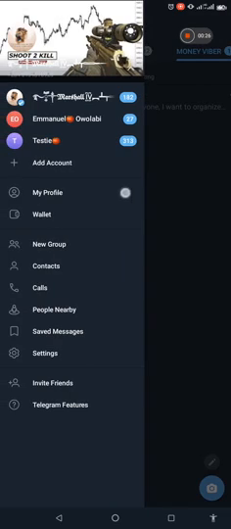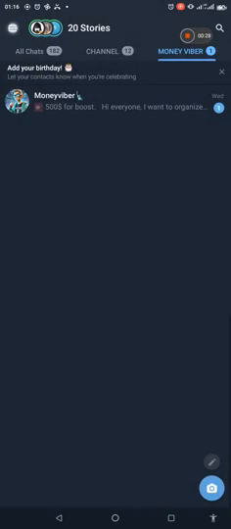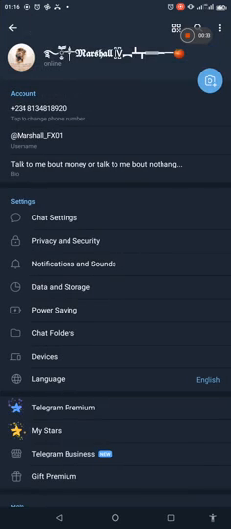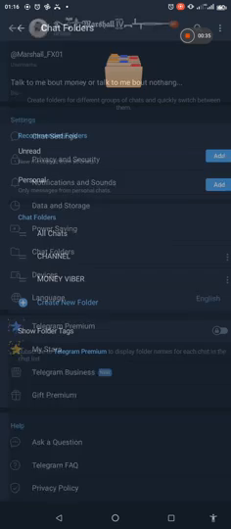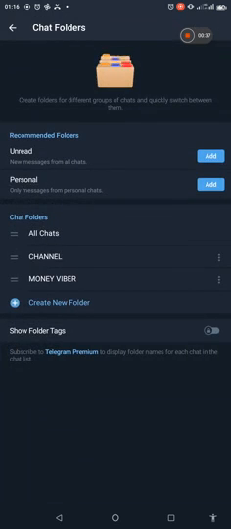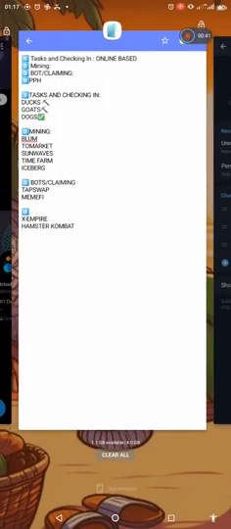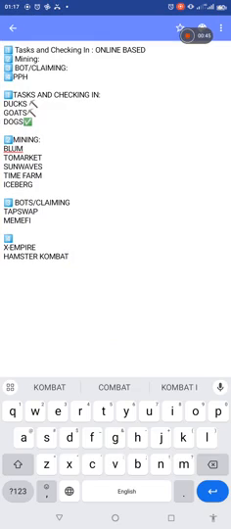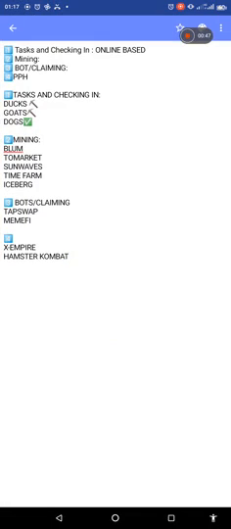Alright, the first thing you are going to do is click on this, click on settings, then you can easily come to chat folders. These are the examples. If you remember what I said the other time, these are the examples I provided. Then we have this. I decided to add profit per hour because I figured out